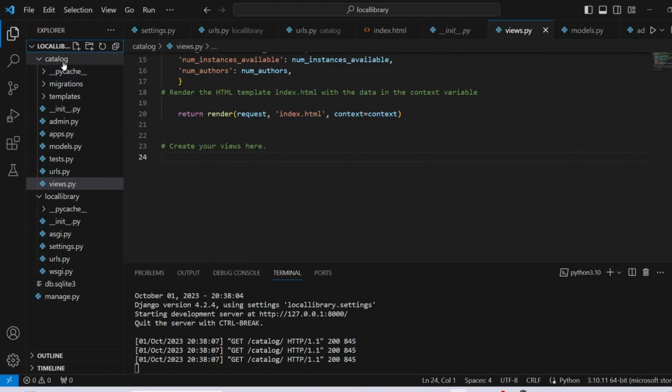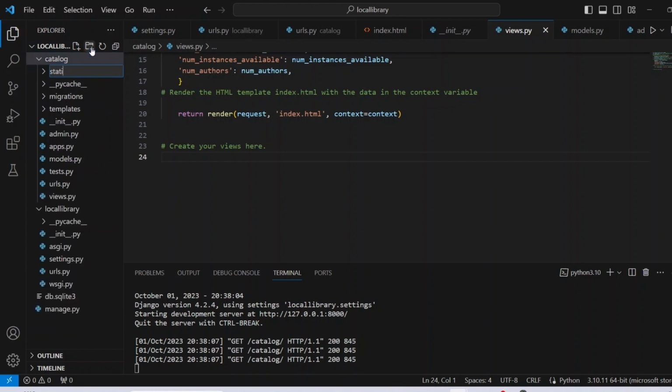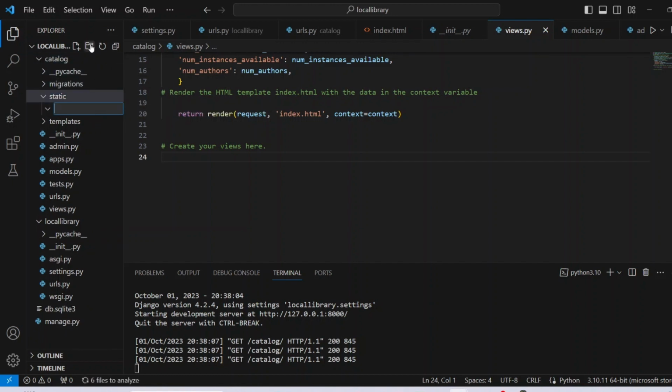Under this local catalog, you have to create a new folder named static. Make the static folder first, and then under static create a new folder. You can name it anything, but we are using catalog for now. I'm naming it catalog, and under this I'm creating a new file